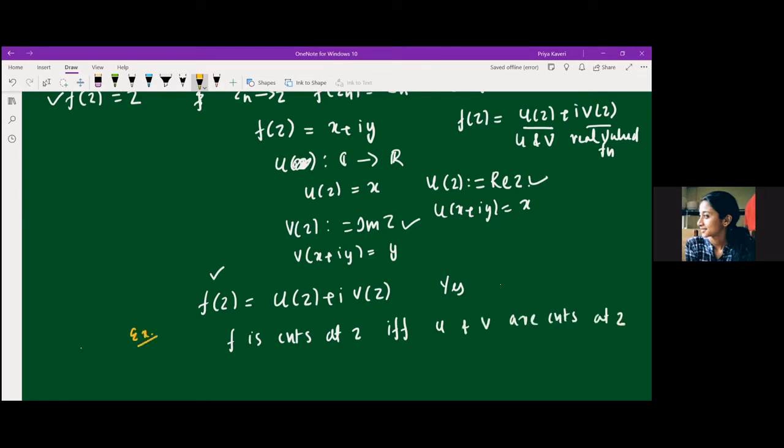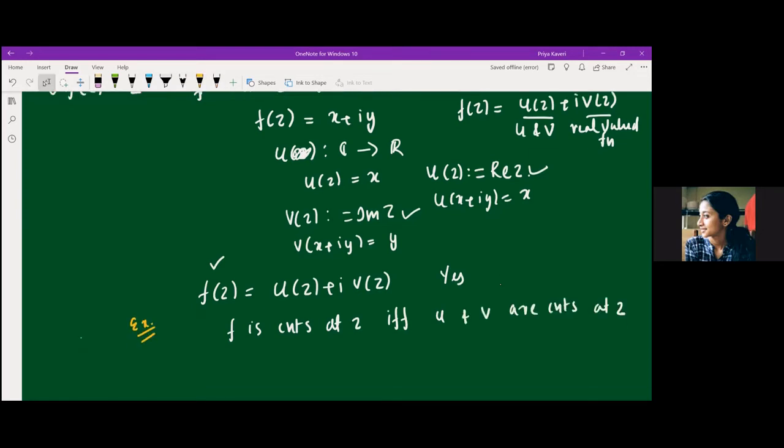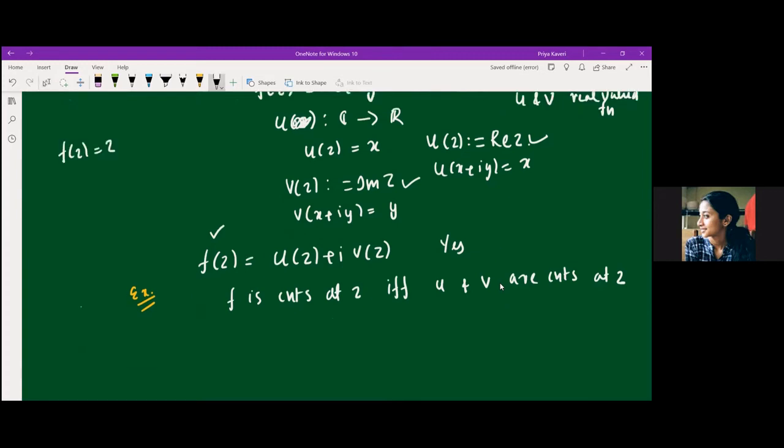So here we can see, okay, we already proved f of z equal to z by using the sequential criterion. And if we rewrite it as u of z plus i v of z, you can see that u of z is continuous, right? If we take any sequence which converges to z, what is the real part of z then? It converges to the real part of the limit. That is precisely the theorem that I stated above. And similarly, we can see v of z is also continuous. So from that argument also we can say f of z is continuous.